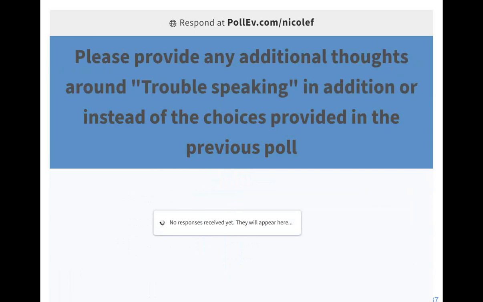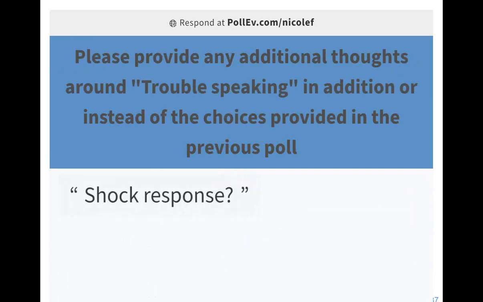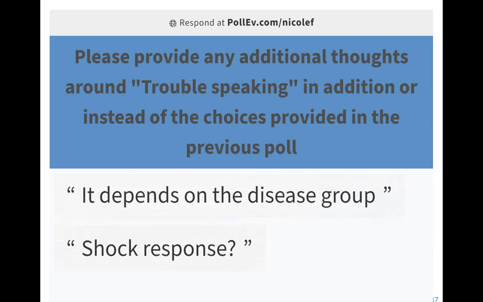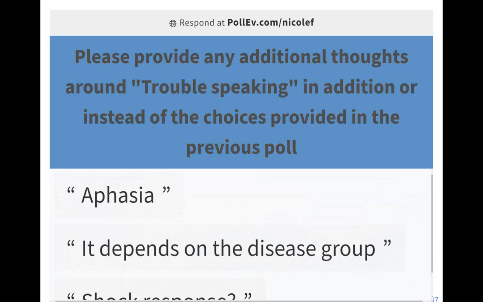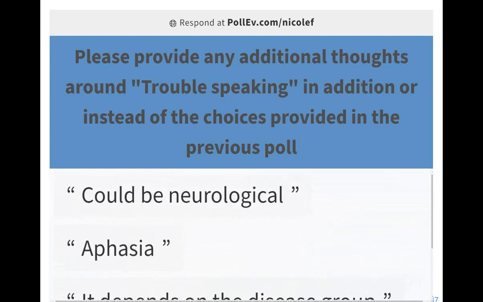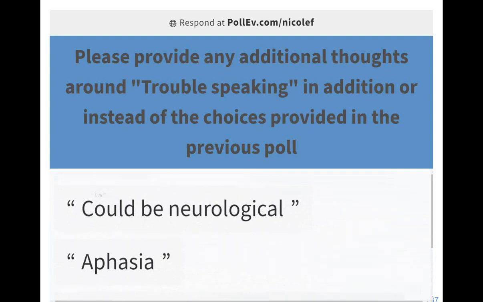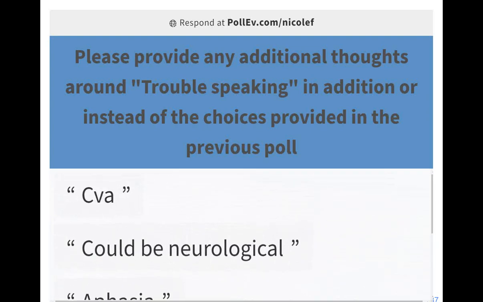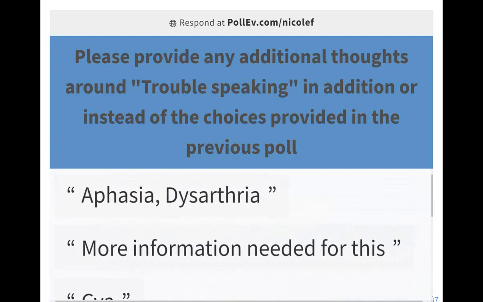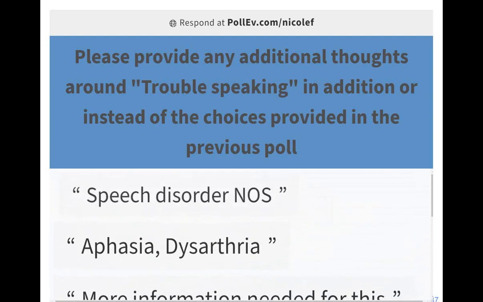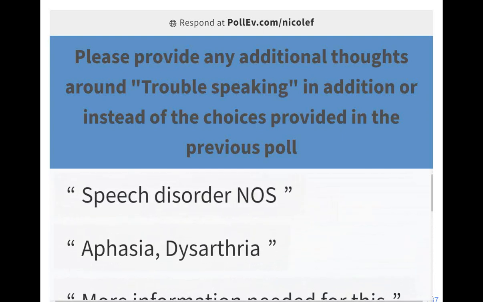Just give general, you can write whatever you want. Don't worry, we don't know who you are. Put any feedback in here you have. A shock response, okay, let's just see what different people come up with. So it depends on the disease group, very good. Aphasia, very good. Neurological, it can be. So the poll was just to spark some ideas to see how different people would approach this. More information needed, could be a CVA, it could be aphasia, it could be dysarthria, speech disorder,